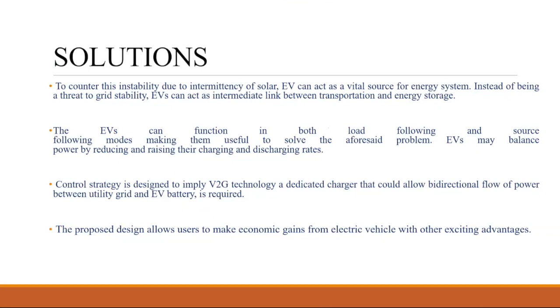One more thing: the main problem in adopting solar, as we have already discussed, is that the major expensive component in solar energy is the battery. Battery is very expensive when it comes to adopting solar energy. What is an EV? An EV also has a battery, right? Can we make use of an EV as battery storage? Because look, most of you have four-wheelers, right? Is it used daily? In a week you use it for a day or two. So the rest of the days